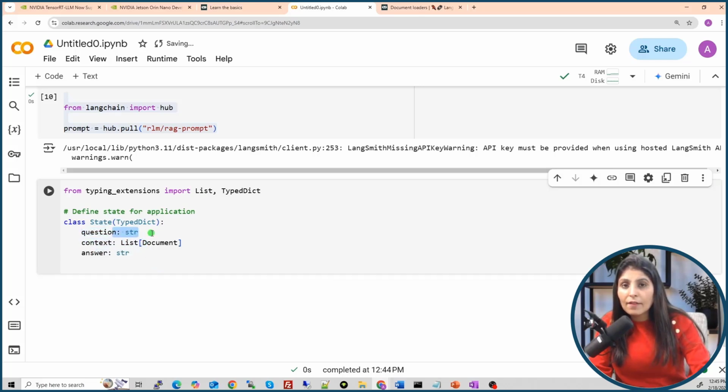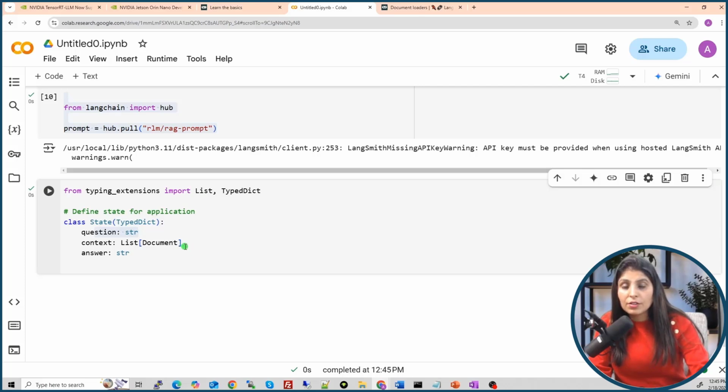Question will have the question of the user. Context will have the relevant document which matches the user query the most. Answer will have the answer which our LLM generated on the basis of this context and this question. So this is what we have in our state. Run it.